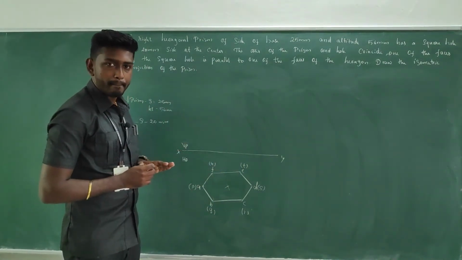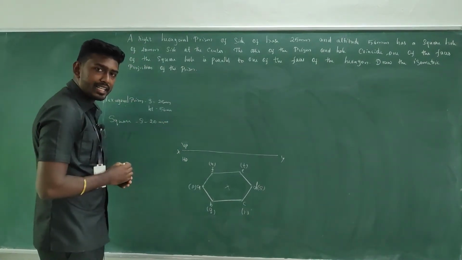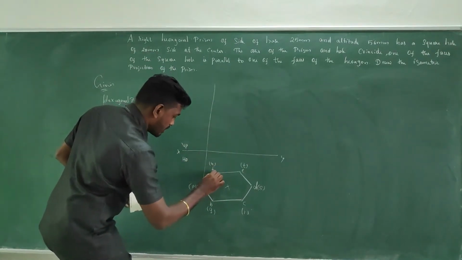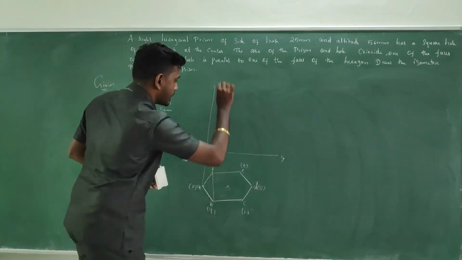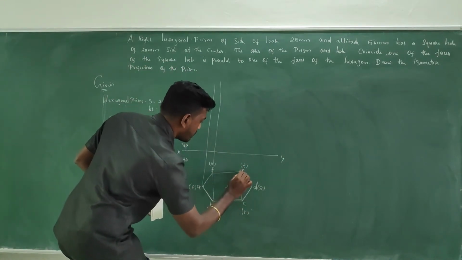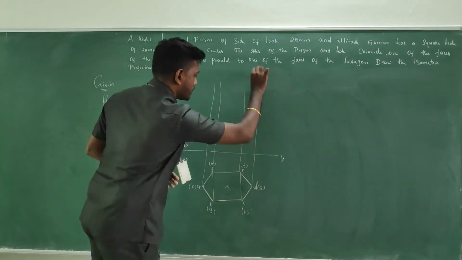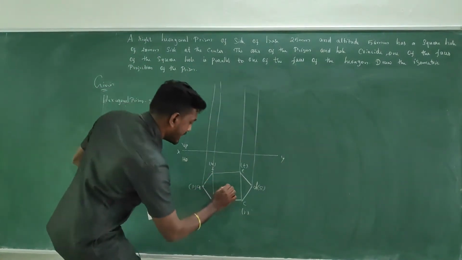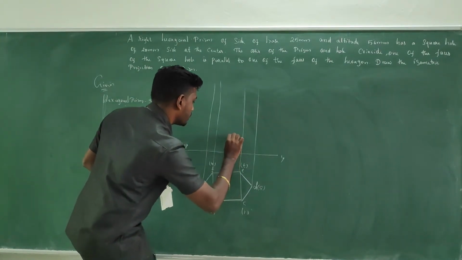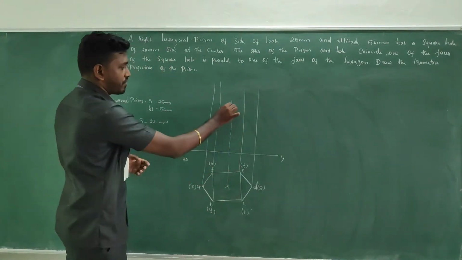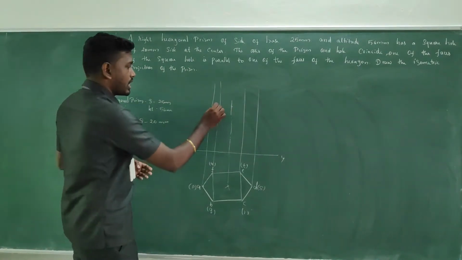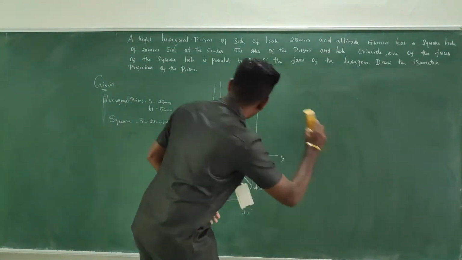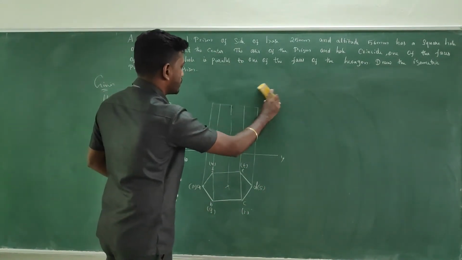Go to the front view. How will you get the front view? By taking the projectors. From each and every corner, draw the projectors, vertical lines. What about the height of the object? 56. So in the axis, just take 56 mm and make a cut. If you draw a horizontal line through the marked point, you get the top base.